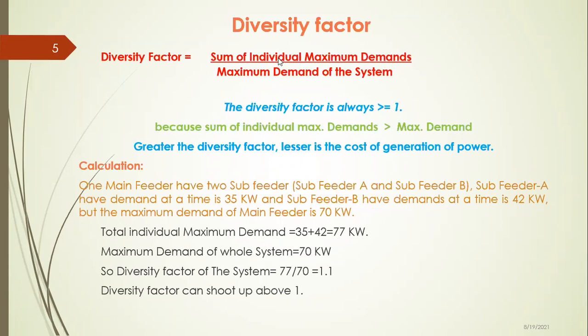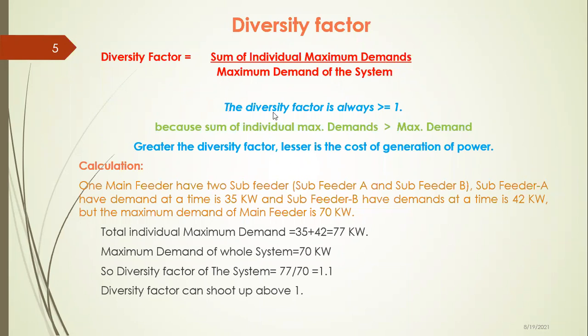Like you say that the maximum demand of room number 1 is 400 watt. Maximum demand of room number 2 is 500 watt. Like the maximum demand of kitchen is 300 watt, you say. But the maximum demand of the system, maybe it is 600, but at that instant of time, maybe room number 2 is at its minimum. It is possible. It is possible that the kitchen is not working at its maximum demand, or the room number 1 is not at its maximum.